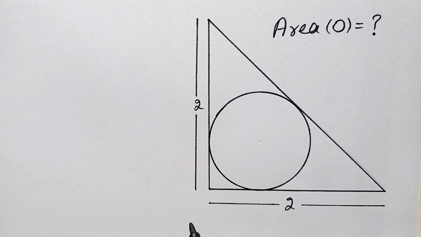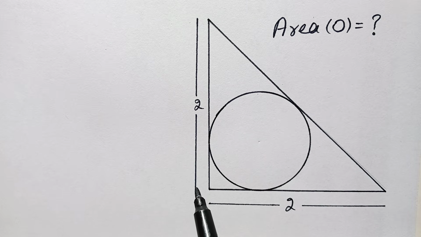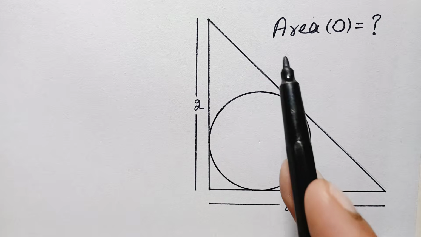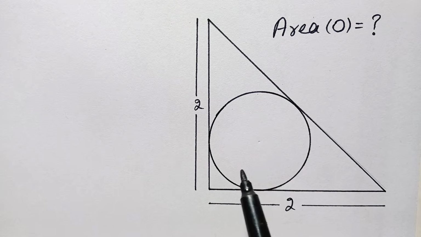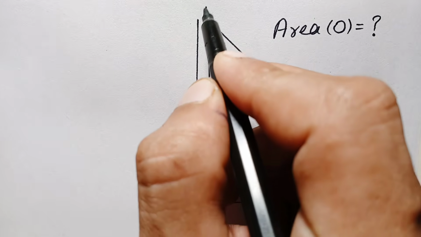Today we have a new beautiful geometry math problem. Here we have a right angle triangle, an isosceles triangle, and there is a circle inside the triangle. We have been given two side lengths of the triangle and we have to find the area of this circle. Now to solve this problem, first of all let us suppose this is our triangle A,